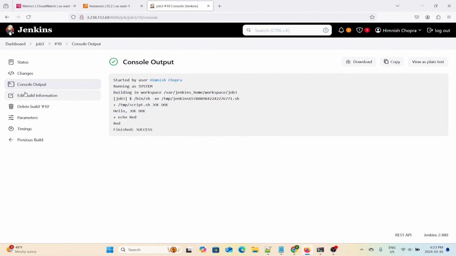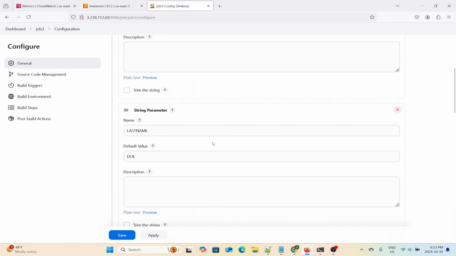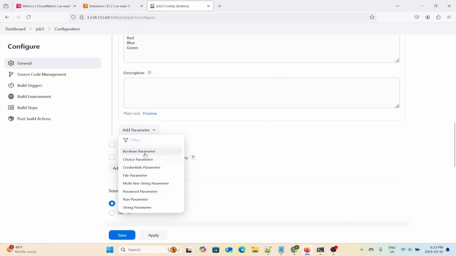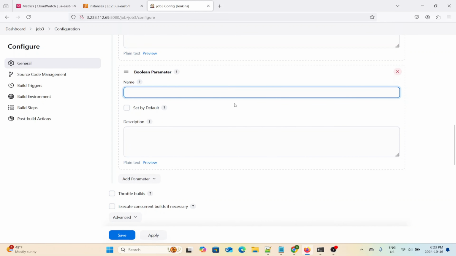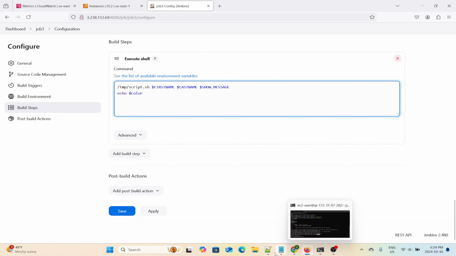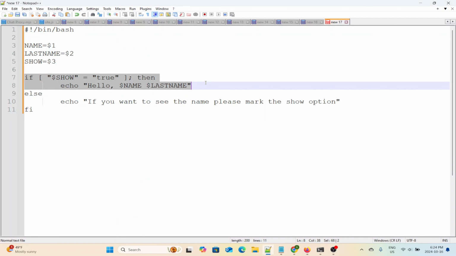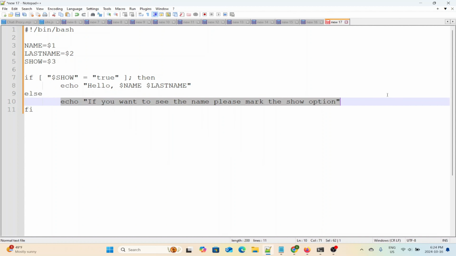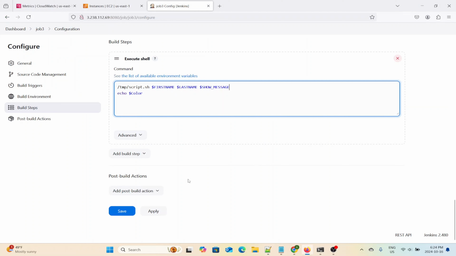So we'll go to our job, click configure, and we will add a new parameter. It'll be a Boolean parameter. We will call it show message. By default, we will set it to true. And all we want to do is put it as an input to our script. So now if we click true, true will be put into our script that we wrote on our server, and it'll do the appropriate control flow logic of this if statement. And then if we put false, it'll print out this statement for our if statement. So let us click save